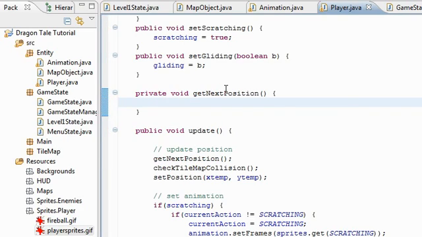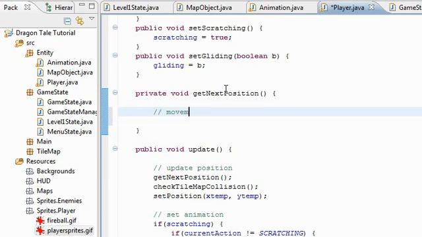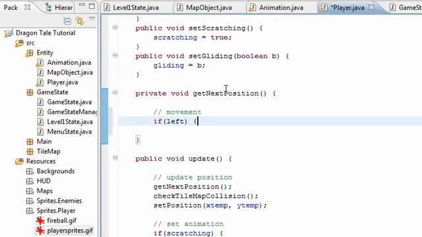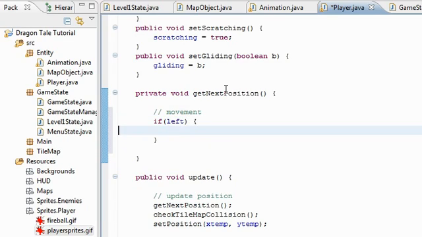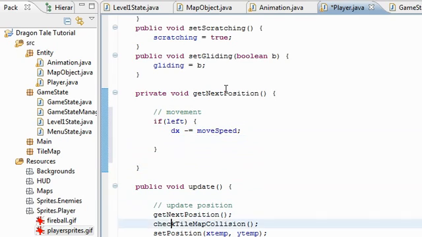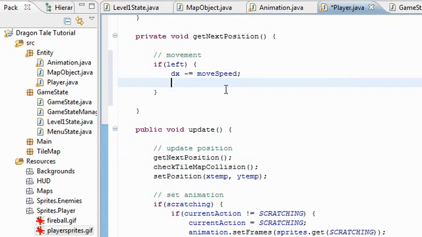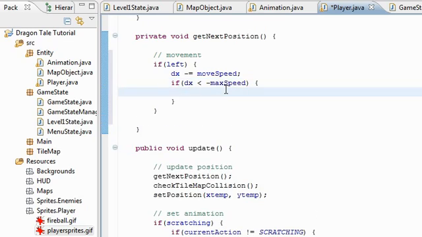and this function is going to determine where the player should be, where the next position of the player is, by reading in the keyboard input. For example, if we're pressing left, then it has to find out the next position is somewhere off to the left. So stuff like that. Movement. If left, and we have to move minus speed. The vector has to go left, minus speed, acceleration, and we cannot go past the max speed though, so we're going to cap it out at max speed